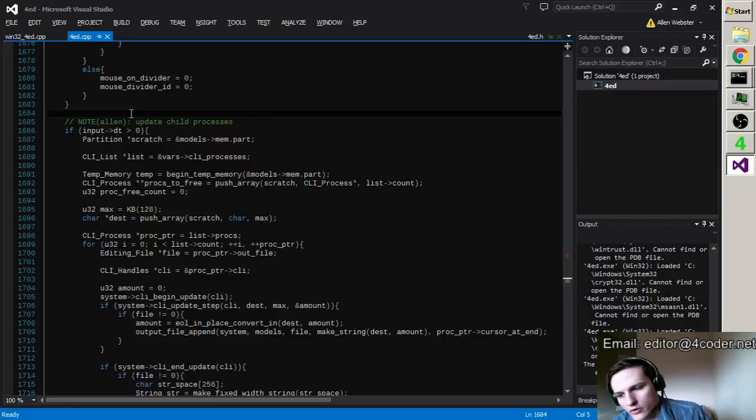Basically, to tell whether or not a particular call to the app step was a real update or not, it just checks if the DT is greater than 0, and the times when the DT is not greater than 0, what it means is that app step got called to do... wait, is that still possible?